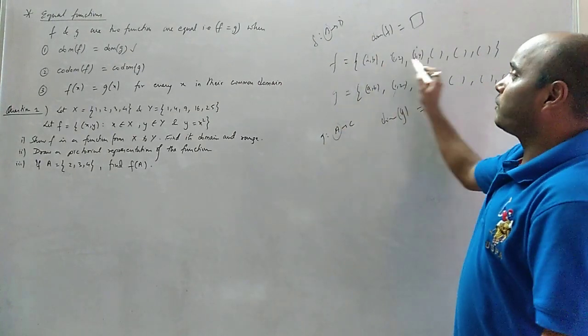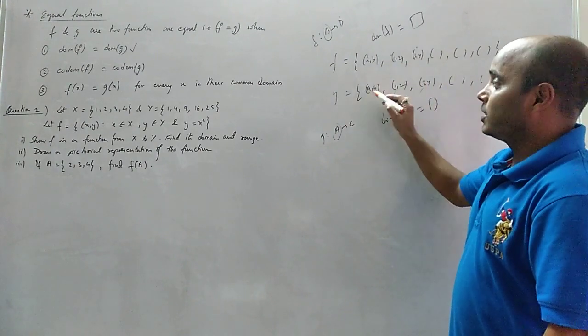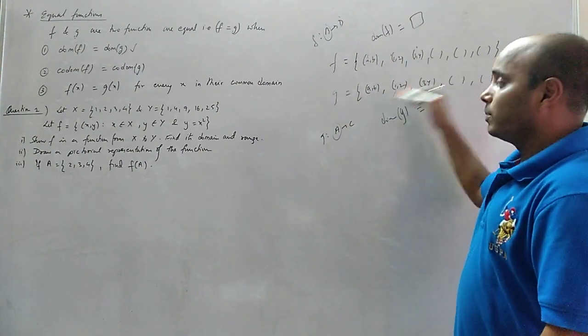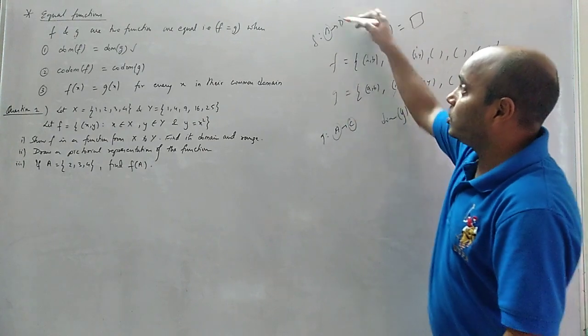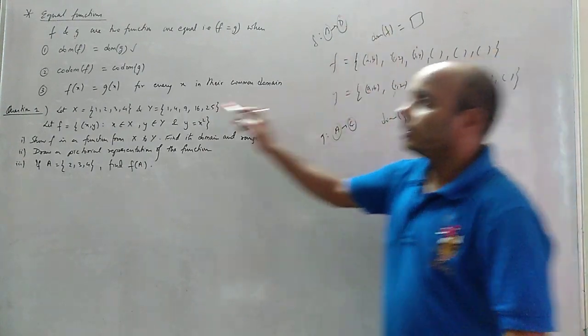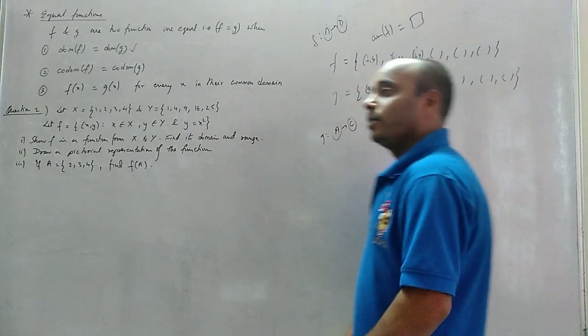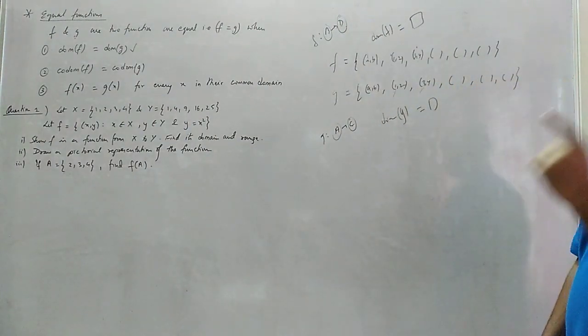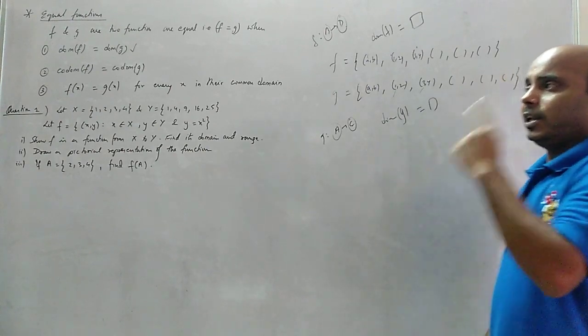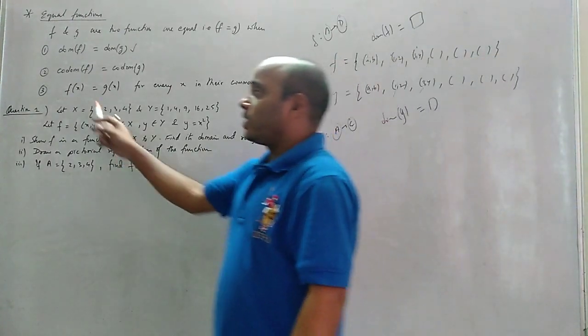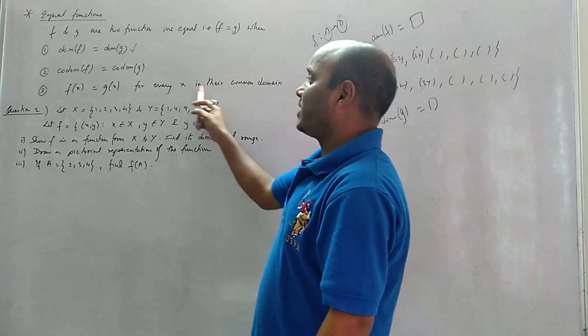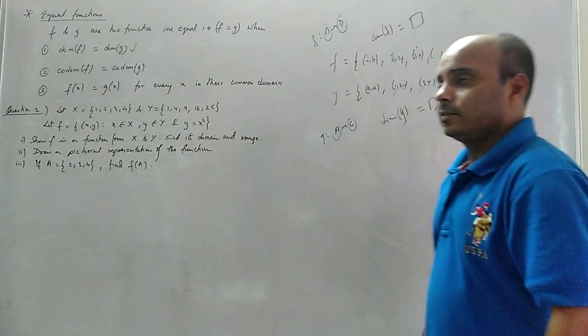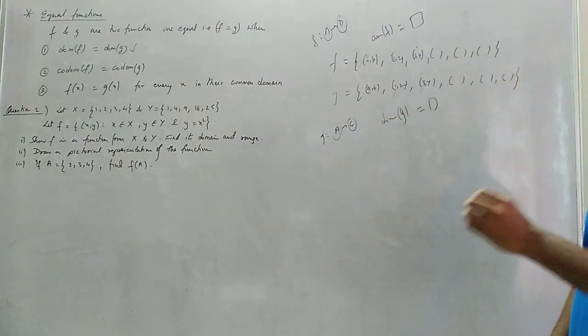Similarly, range of function is the second order pairs. Second elements, range इसका भी second order, मतलब second elements भी, second function भी same होगा, second set भी equal होगा, that is codomain भी equal होगा. Clear? Domain equal होगा, codomain equal होगा. Next, try to understand very nicely what I am saying. Next, f of x will be equal to gx for every x in their common domain. So try to understand that in their common domain.